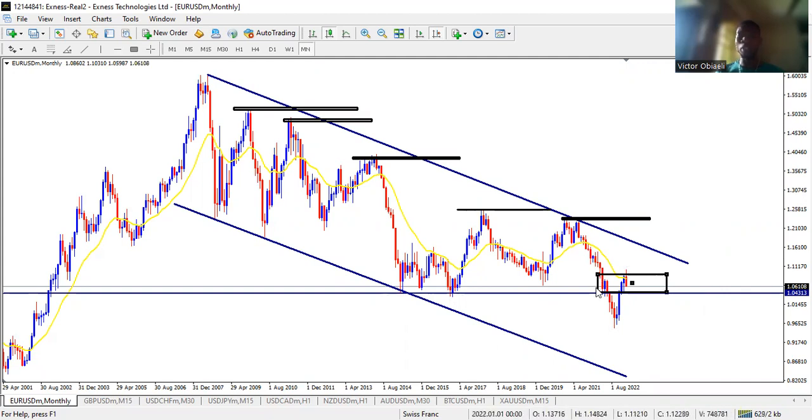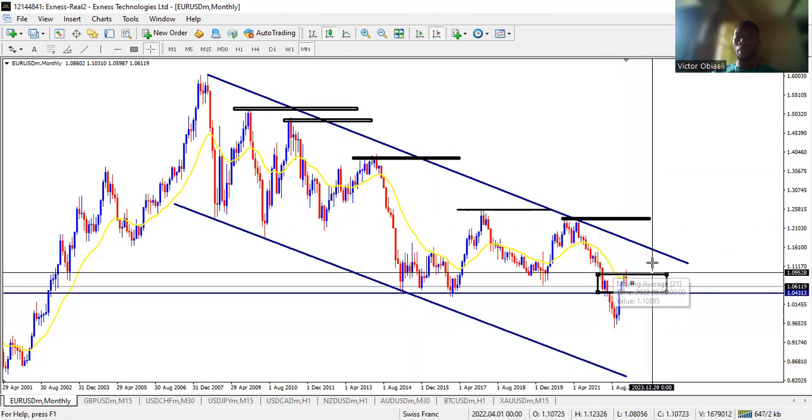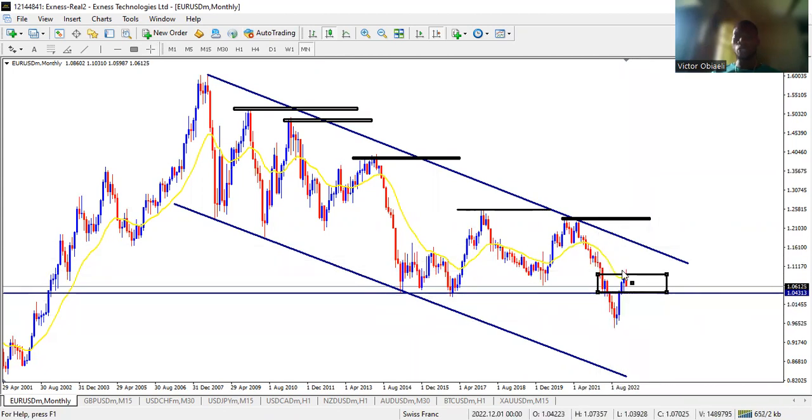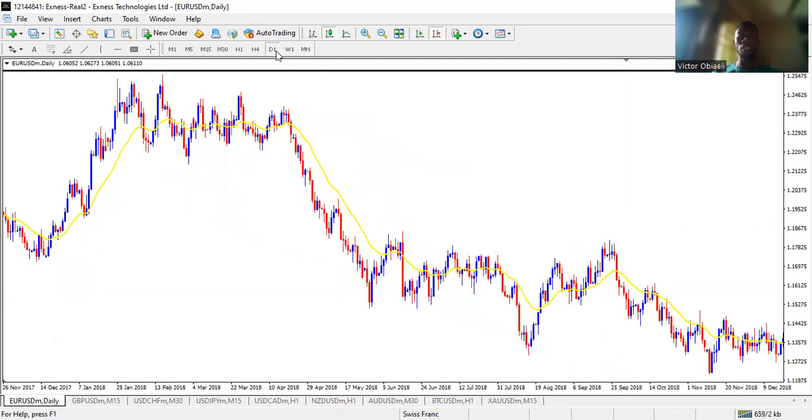Now, since I know this particular level is going to hold, listen, I want to go down. The essence of top-down analysis is to go down to a lower time frame to be able to understand the market. With this, I want to understand what is currently happening at this point, because this is what the market region is. So what will I do? I'm going to go down to the primary time frame, which is the daily time frame, from the monthly. Now, when I go to the daily time frame,